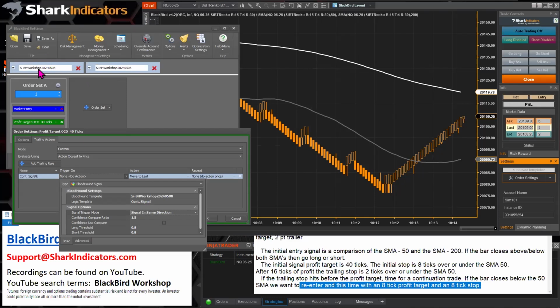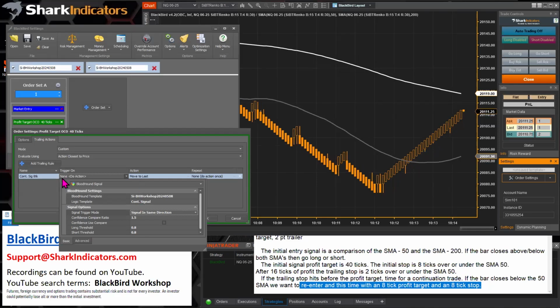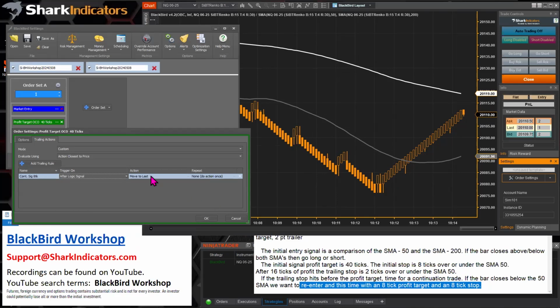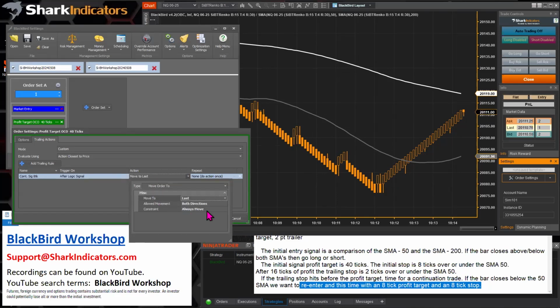So obviously, if it's the initial signal, then this trailing roll never gets activated, right? It never gets triggered, all right? It's only when we get this continuation trade signal does this trailing roll get triggered or activated. So there. All right, now the action is